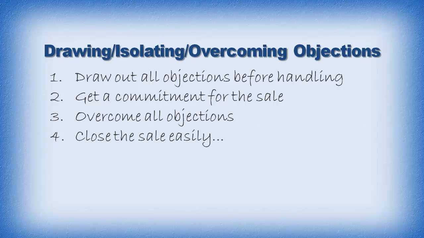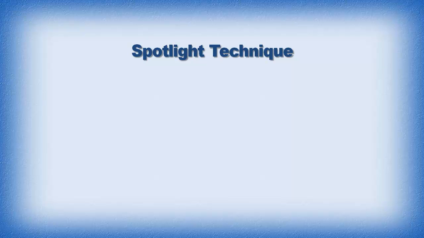Another really quick trick is the spotlight technique. And if you haven't seen the video on the spotlight technique, basically all it is, is switching the conversation from the script, which can be boring, to them, to their life, which is very exciting to them. So you're in the middle of the script, you're looking at them, and they're fading, right? They're headed to sleep almost. So what you would do then is look down at the dog maybe and say, what's this dog's name? He's so cute, blah, blah. Whatever it is, take the conversation back to them until you see their eyes light up and they're happy with you, they're happy with the conversation, and everybody's happy again, and then we go straight back into the script.